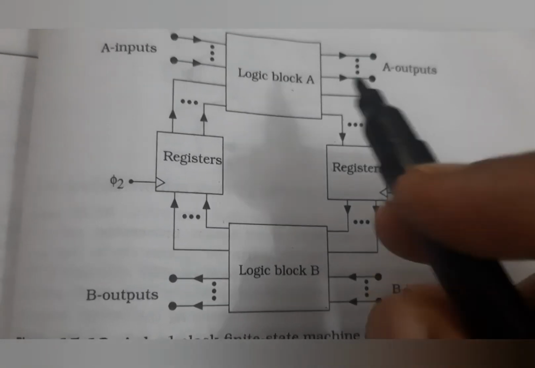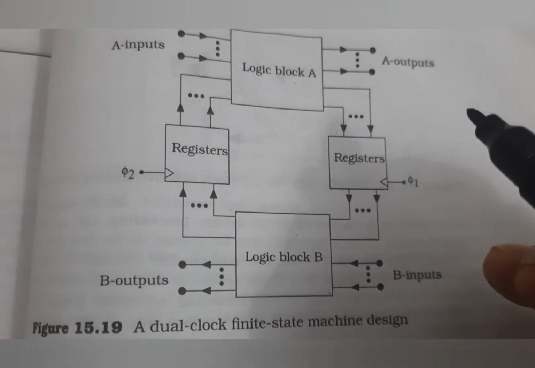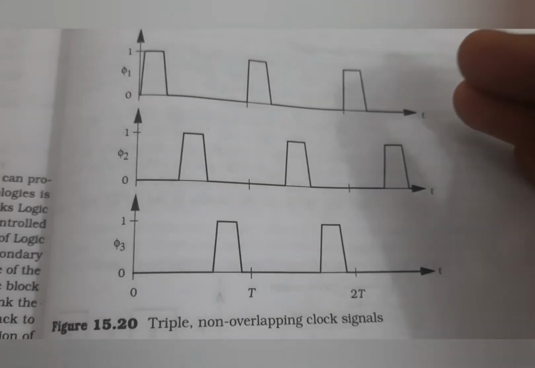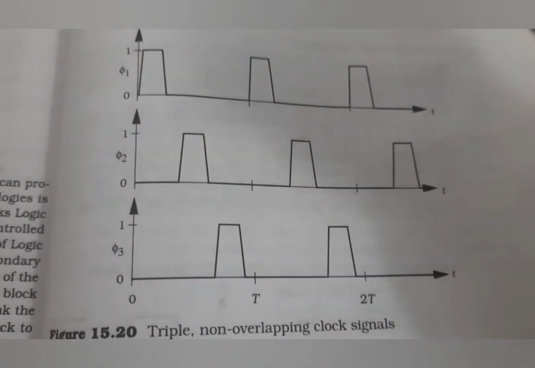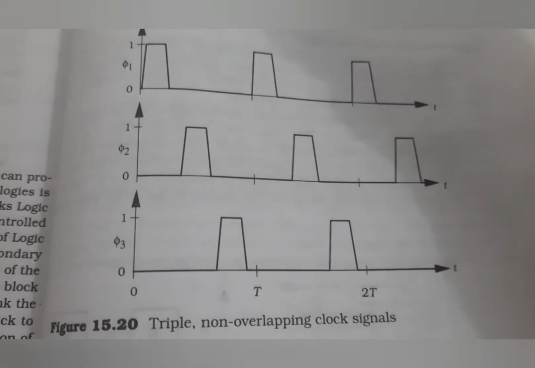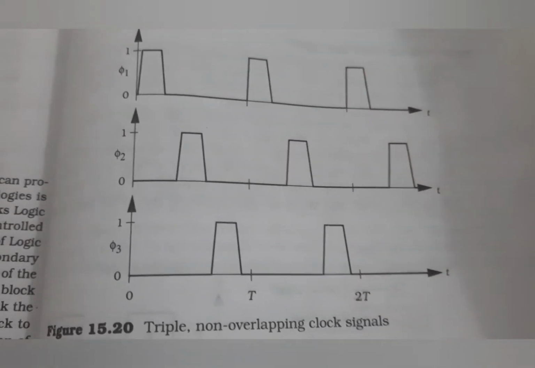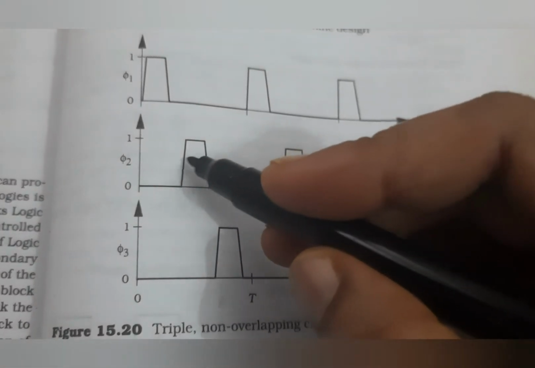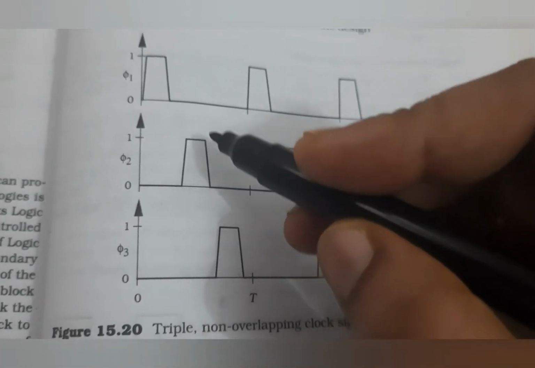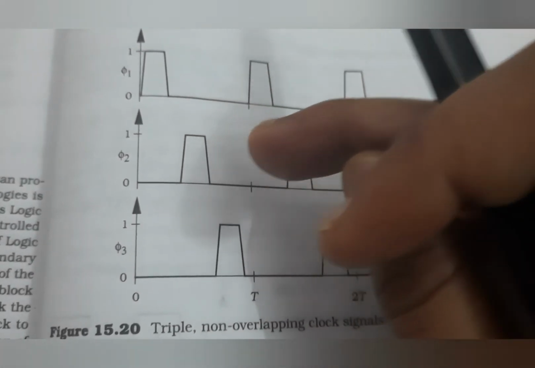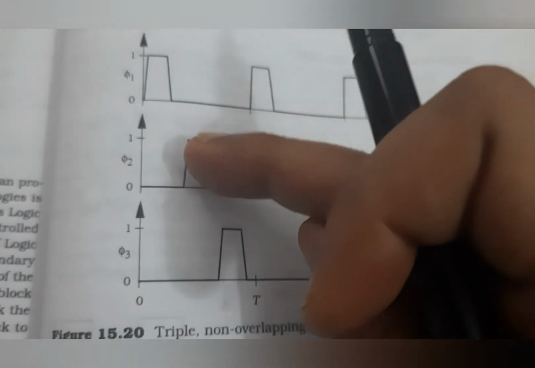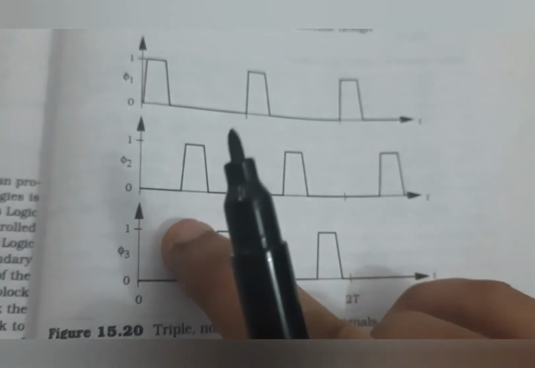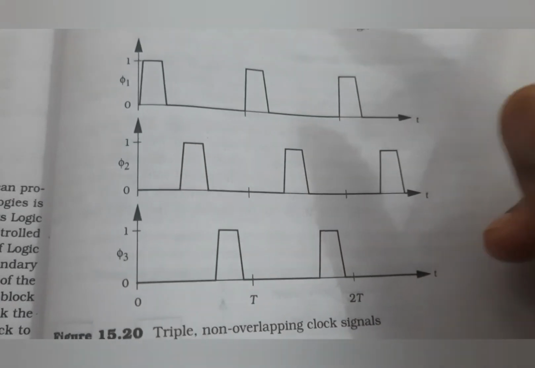We can perform that finite state machine, and this is a triple non-overlapping clock signal, and you can define how many different clock phases you want. You can define that many signals, but within that period the combinational logic must perform its operation. If you have a large signal, it cannot perform the operation within this clock period, meaning the skew result becomes negative.